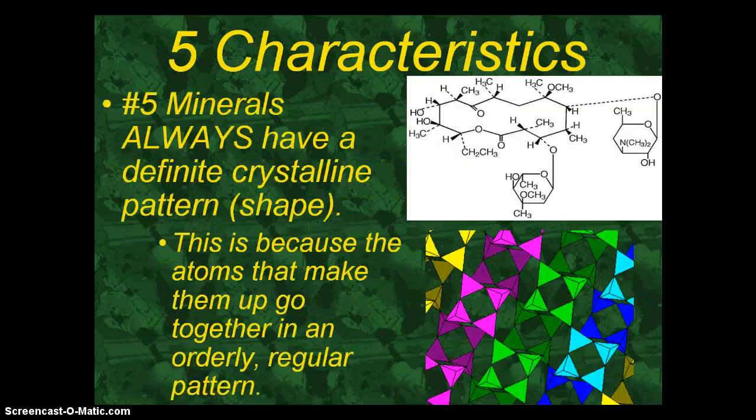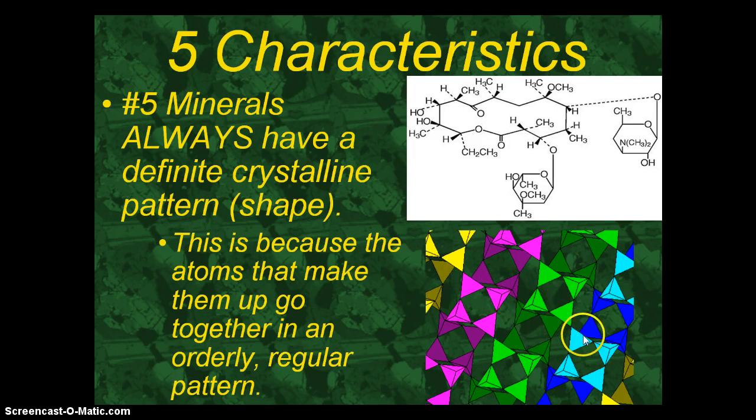And so then the fifth and final characteristic is that minerals always have a definite crystalline pattern or shape. And this is probably the weirdest out of the five just because it's a little more abstract. But think of it this way. Since all these minerals have a specific recipe, that means that the atoms are arranged in a very particular way